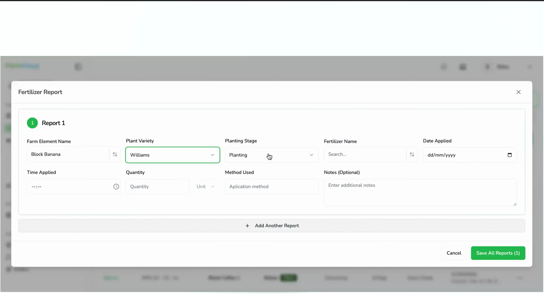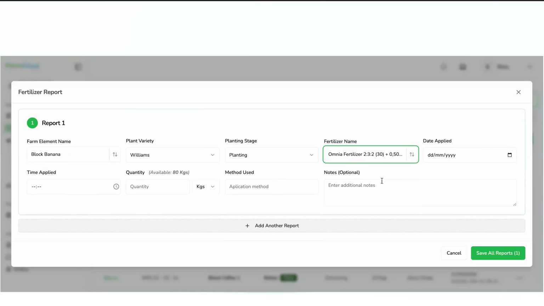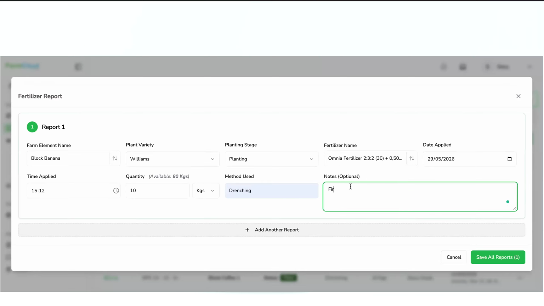You select the variety, the stage that you're in, the fertilizer name, the date of application, time of application, quantity applied. We can say we apply 10 kgs on drenching method. So first application,